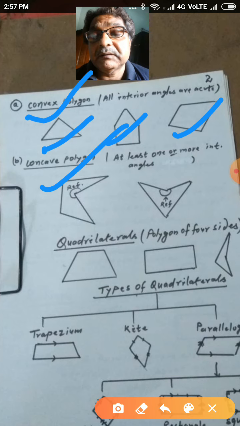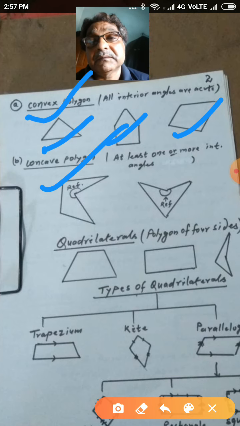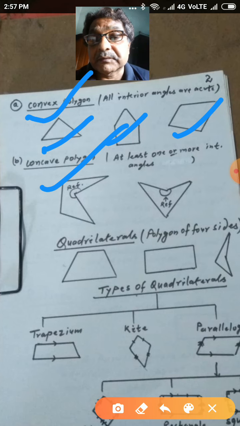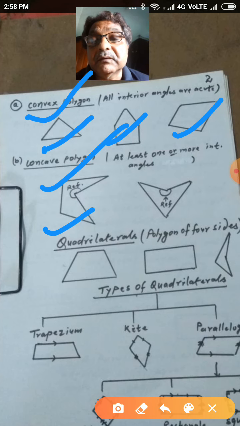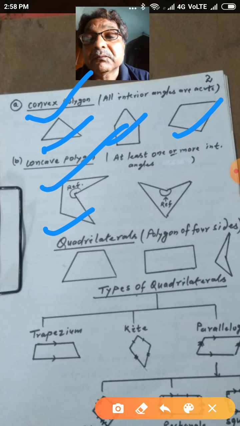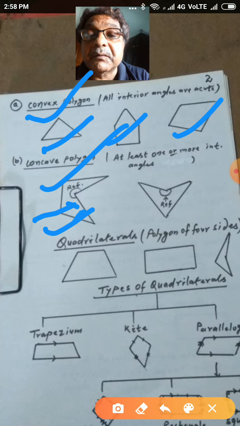Other angles, whatever it be, but at least one angle must be reflex. It may be more. As in the first example, you see this is a polygon of 5 sides. No doubt it is a pentagon. Here one interior angle has been marked by an angle symbol